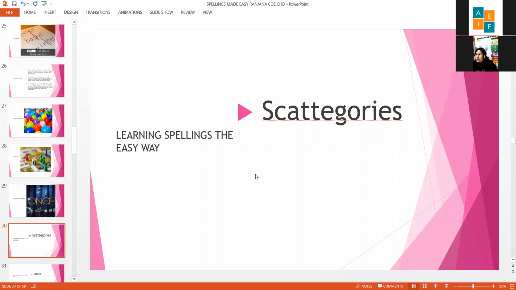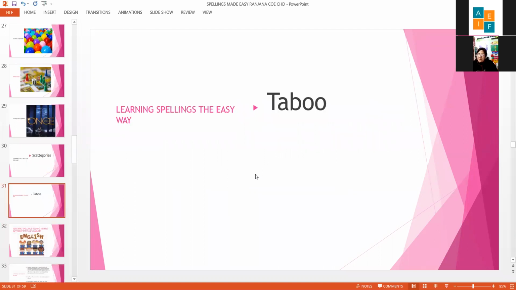I would like to pick up those words whose concepts I want to make clear later on also. Then I would teach the spelling so that when I come to that lesson, the spellings are not written incorrectly and the child is able to draw it and correlate with those words. So categories will be selected on the basis of the lessons which you have to teach to the child. That would be helpful. Otherwise, if I teach spellings which the child is not going to use, that does not make a lot of sense. So there are different board games which can be played here.